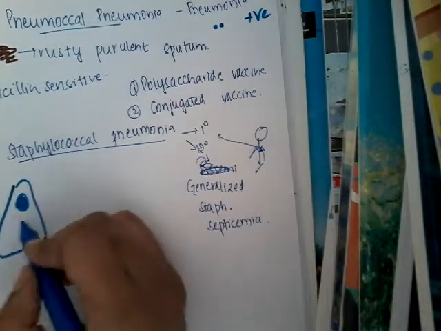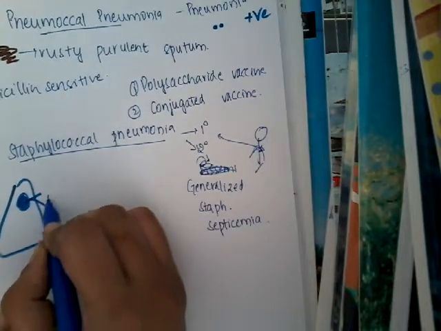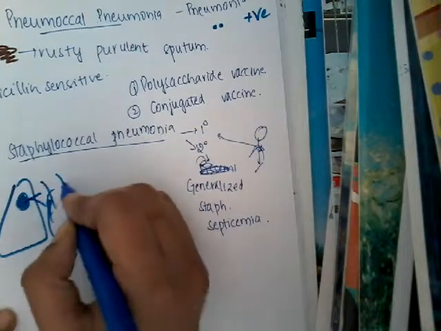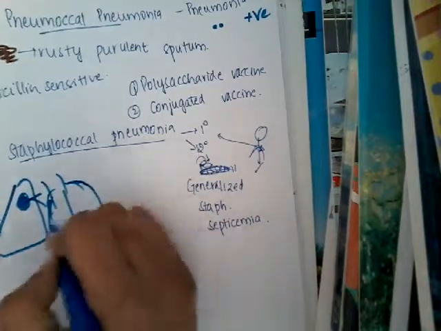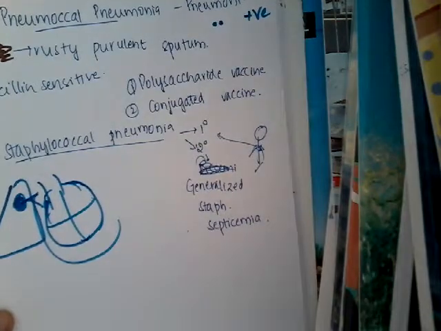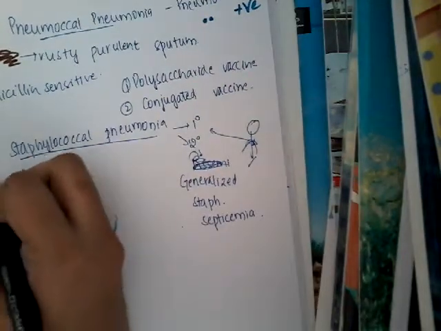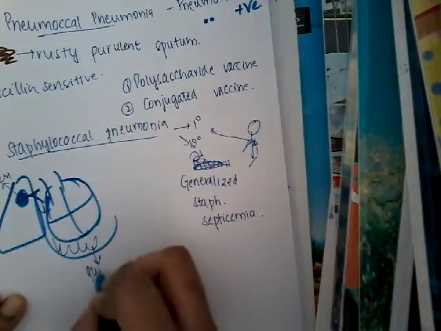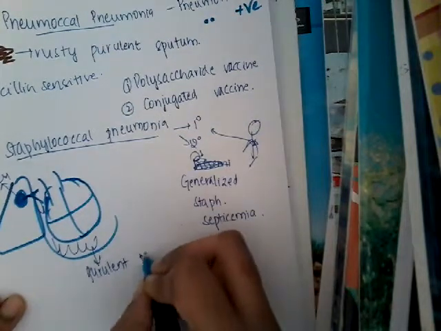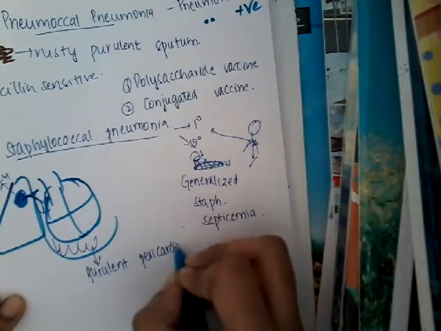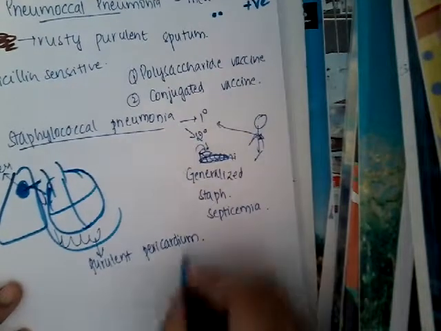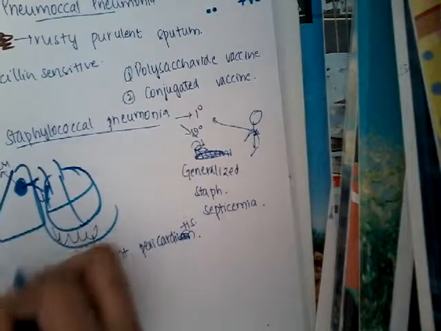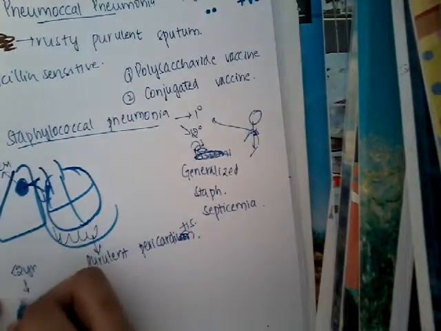So these abscesses may erode into the pericardium, and whenever the staphylococcal abscess erodes into the pericardium, it can result in the so-called purulent pericarditis. So it is one of the most important complications of this staphylococcal pneumonia, pericarditis. And the staphylococcal infection, if it occurs in children less than 2 years of age, there is increased chance